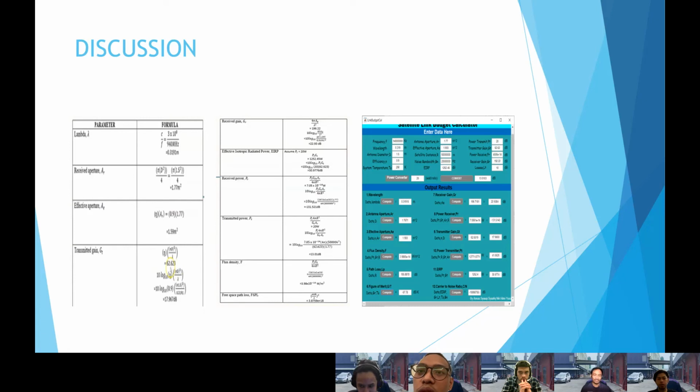So you can see we put something extra on the calculator, which is the power converter, which is from the watt we can get the value into the dB. Next, I will pass to my friend.